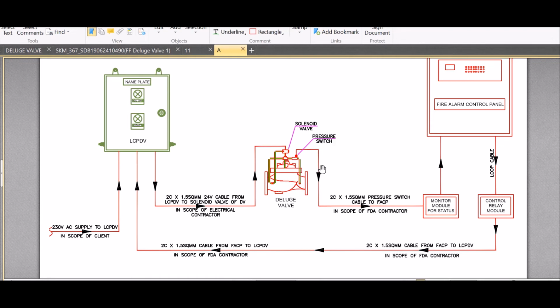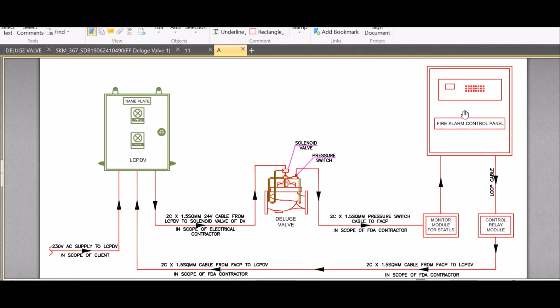Similarly, the pressure switch will sense the water flow and send the pressure signal through the monitor module to the fire alarm control panel, and it will verify in which zone the fire occurred, whether in the same zone the deluge valve is working or not.